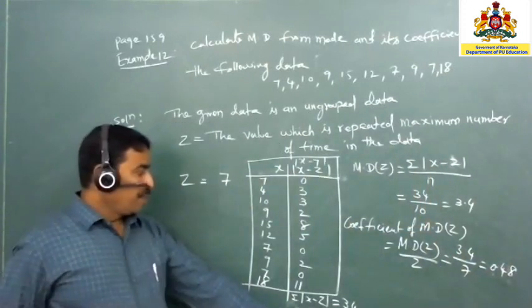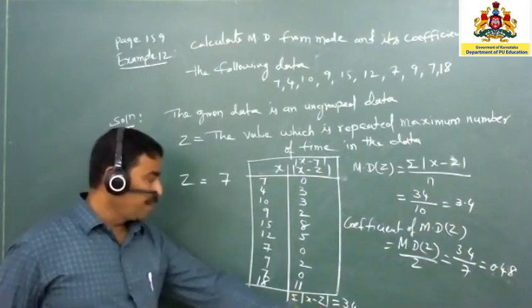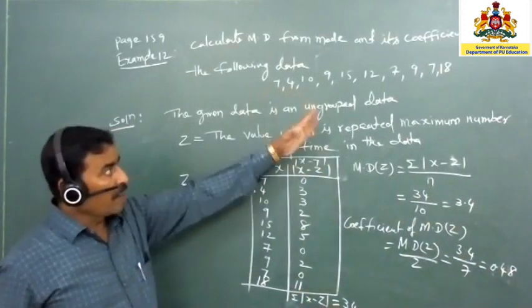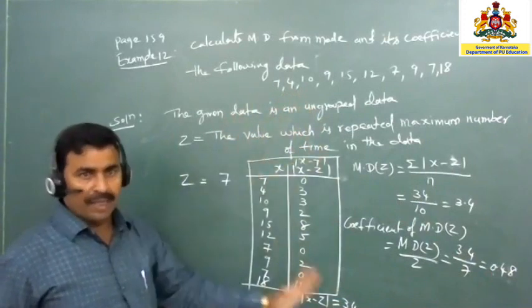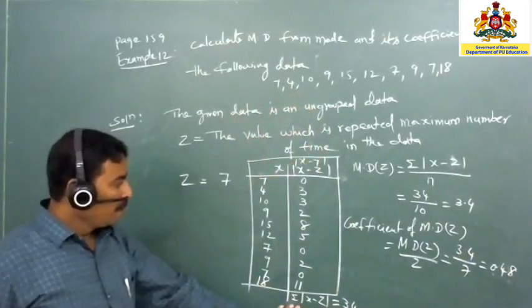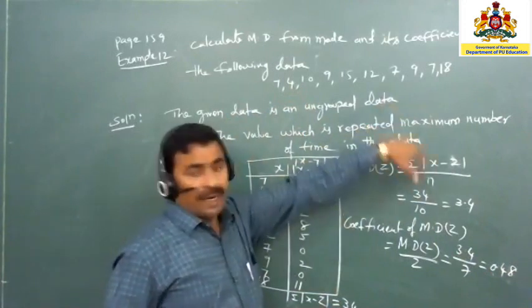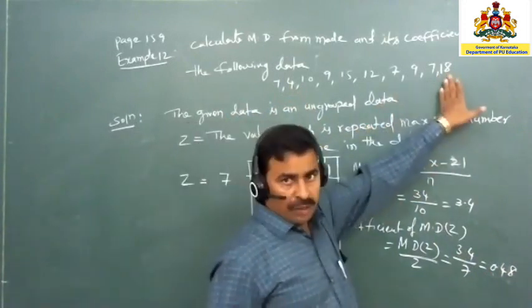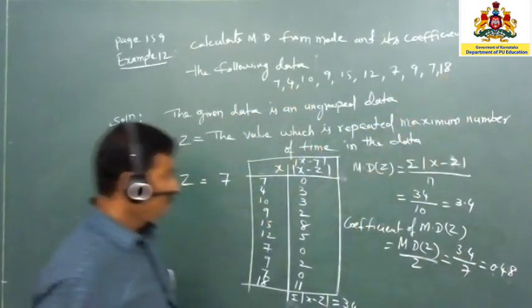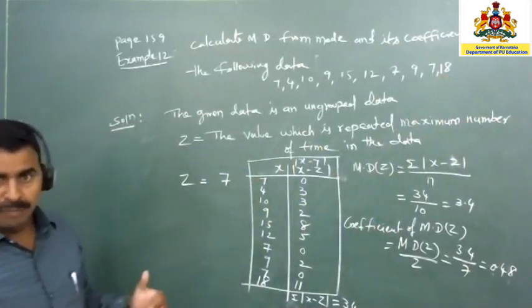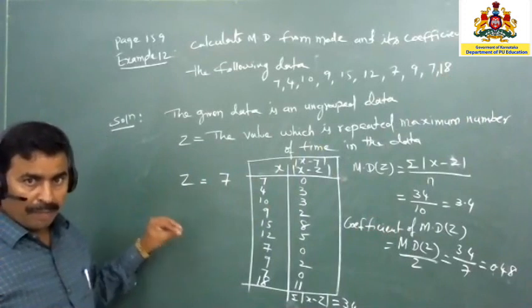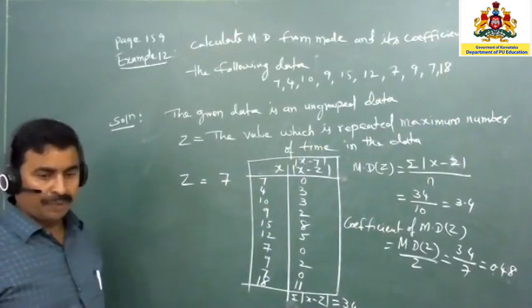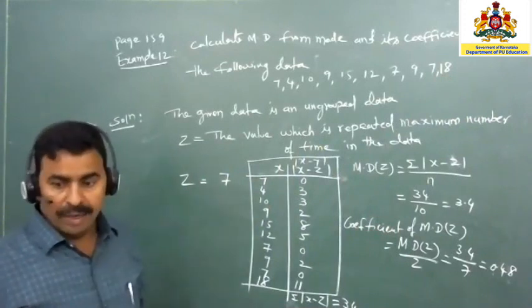So first I had taken the observation as 8. You can write whatever, even with 8 you will get the answer. But in the textbook it is given as 18, so I made it 18. I think you understood mean deviation from mean, median and mode for ungrouped data. Now I'll go to the discrete data.